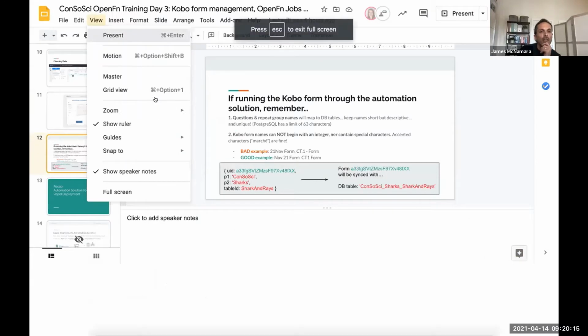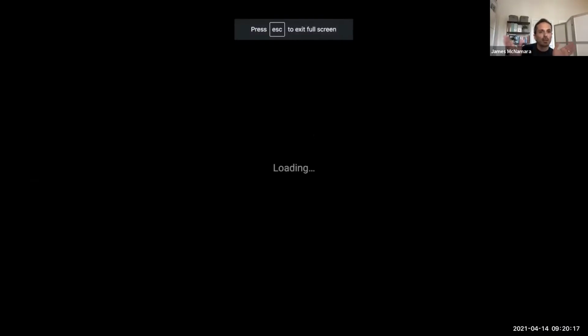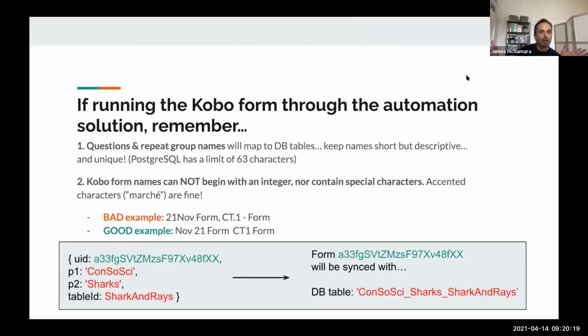It was to do with the file name structure and how it all links together, and otherwise you end up with these huge, unwieldy path names, I think. Yeah, exactly. So we're taking these question names, and they become columns in our database, and the group names, also how we group questions, can sometimes define tables if we're having related data. So if you have really long question names and group names, then you're going to have really long table